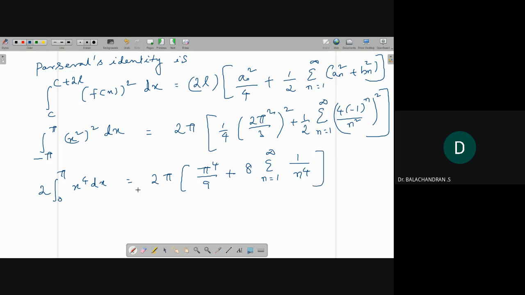So the left hand side is 2 into x power 5 by 5, limit from 0 to pi. You can cancel this 2 and 2, so pi power 5 by 9 plus 8 pi